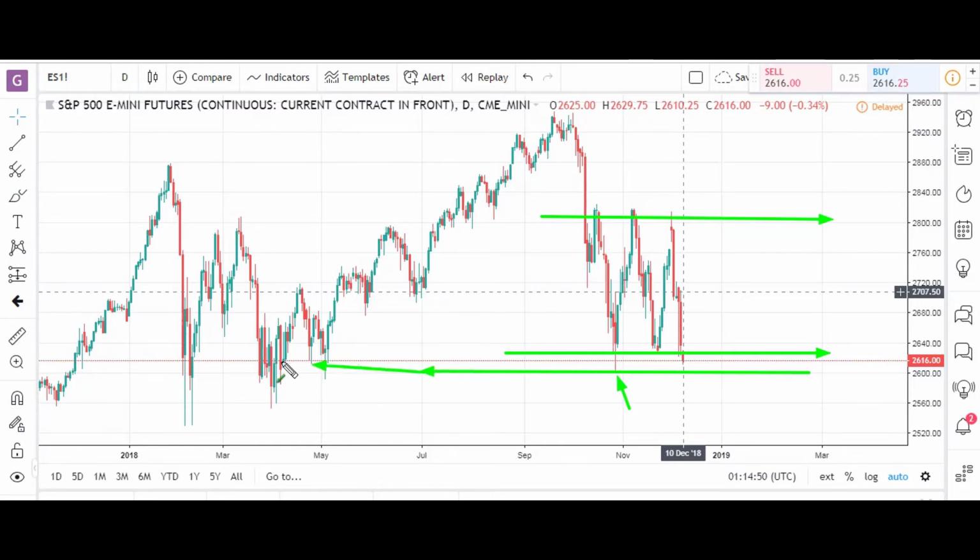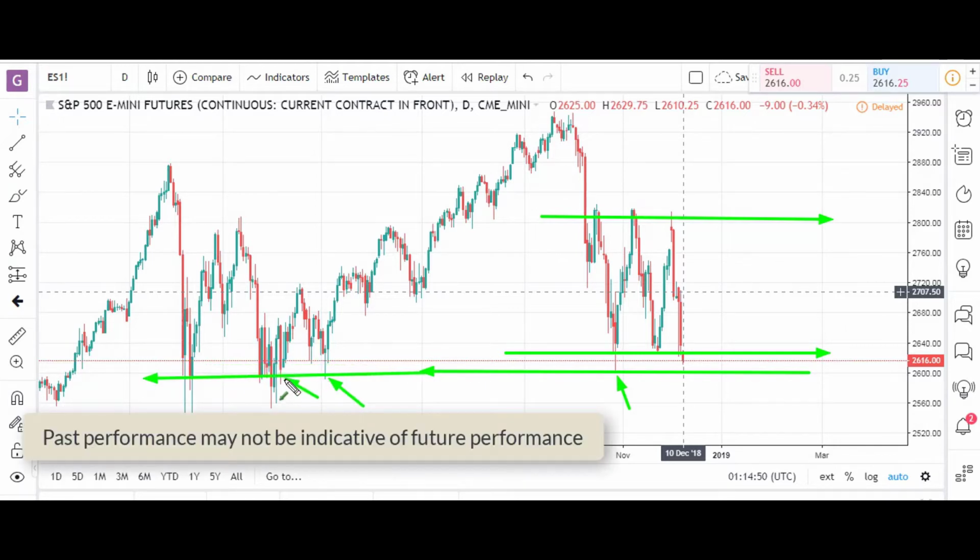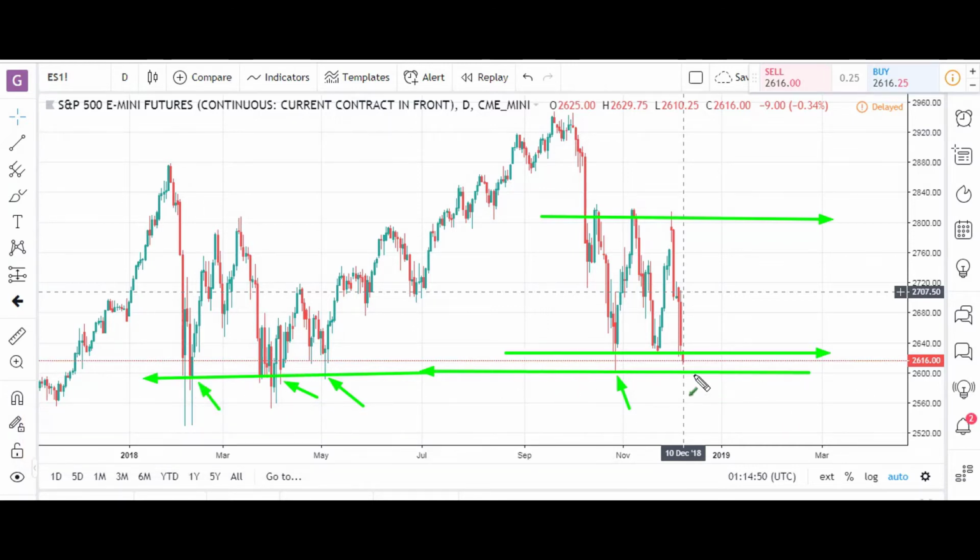As we stretch the 2600 level further back, we can see that in itself it is a very prominent area of support and resistance. So even though the market has not exactly penetrated the 2600 level, it sure is on course to try to do that, possibly early this week, especially if this downside momentum is able to sustain itself. We did have a very strong bearish week last week, and if this momentum continues, we wouldn't be surprised to see the market drop underneath the 2600 level,